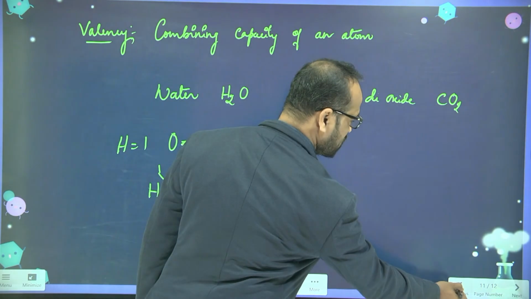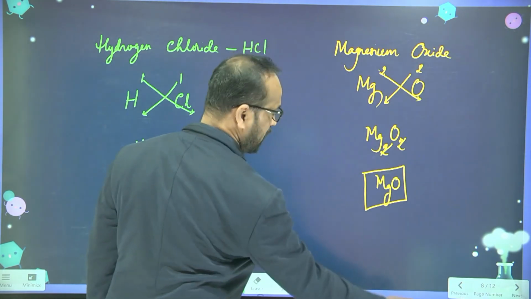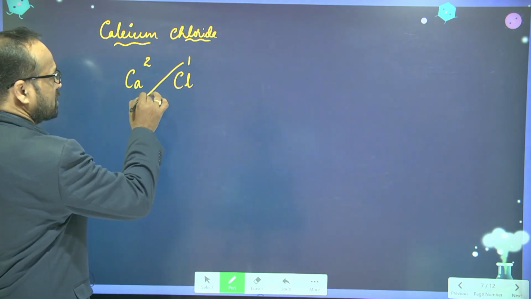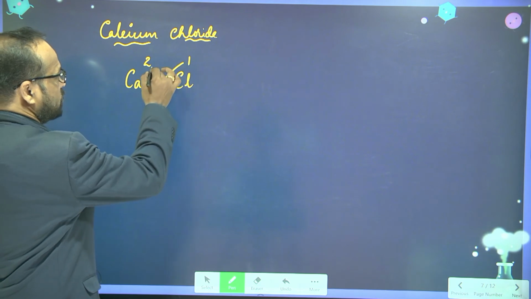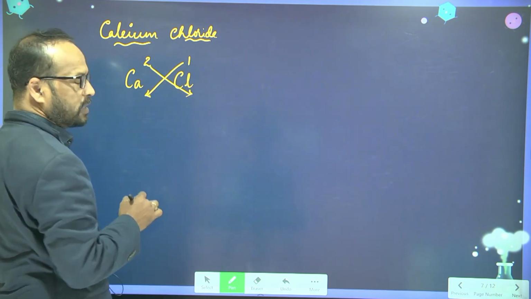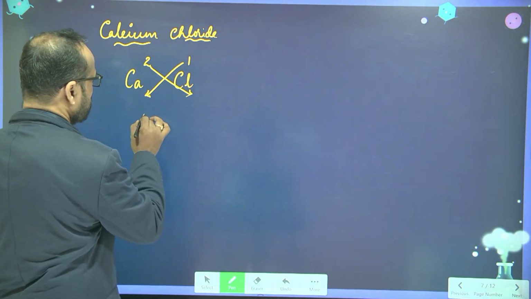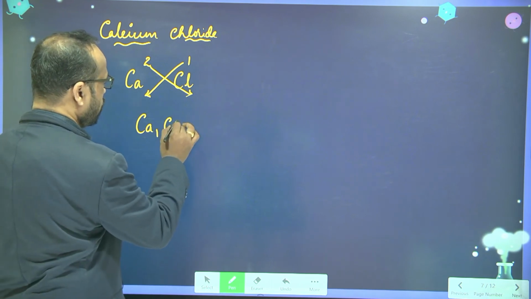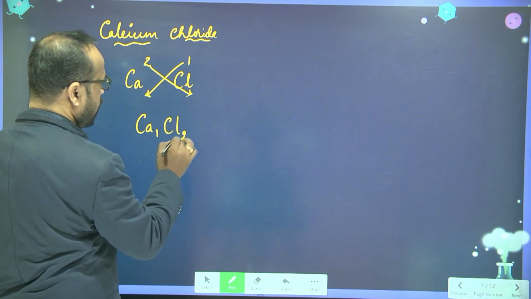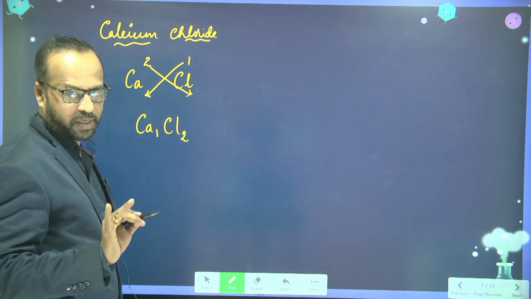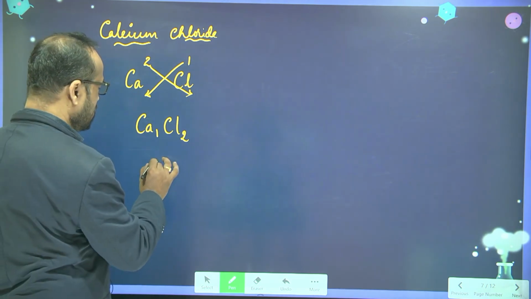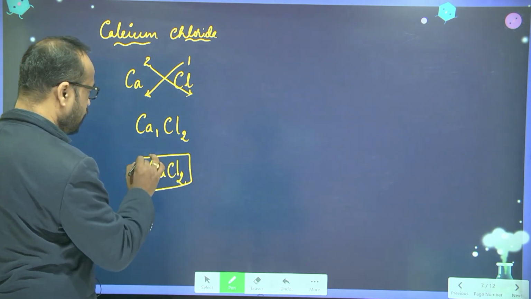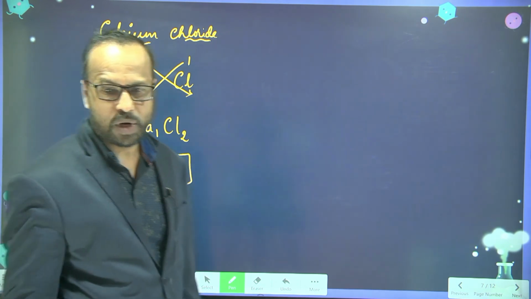Okay, so in this way, first you should know the symbols and valencies, right? So now, next third step is what? You have to crisscross them. So bring the chlorine valency to the calcium and bring the calcium valency to the chlorine. So this becomes Ca1. This is the valency of chlorine. Then you write the chlorine valency is 2. Now what I said, if 1 is there, you need not write, students. So the formula becomes CaCl2. This is the formula of calcium chloride.